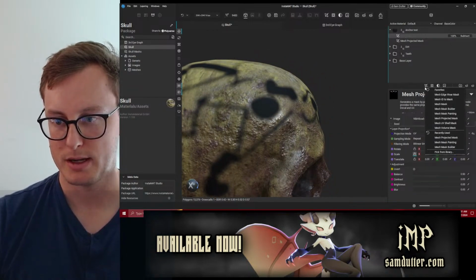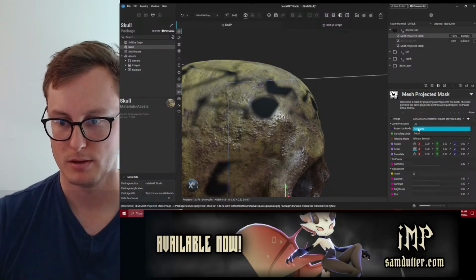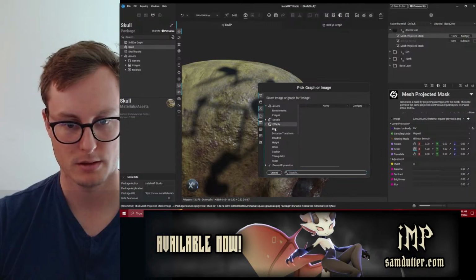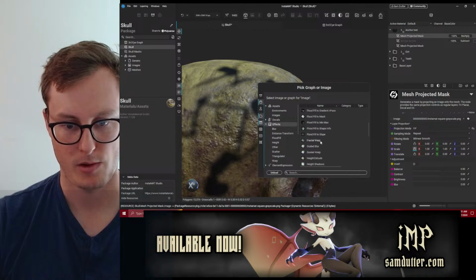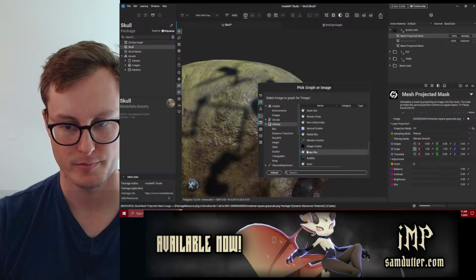And again, I can always add another mask. Go in, add an effect. Slope blur.